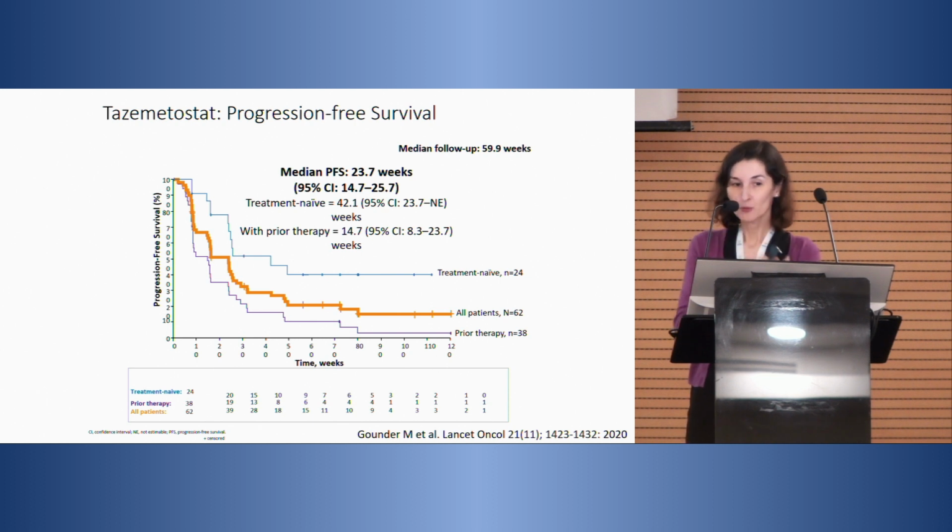And what's even more interesting in this was that they had patients with locally advanced disease who didn't have any previous chemotherapy, and they also had patients who had previous lines of treatment. And actually the cohort who did not have any previous chemotherapy or radiotherapy had a better outcome in terms of progression-free survival compared to the patients who did have prior treatment.